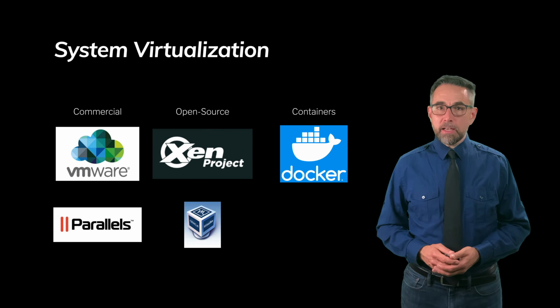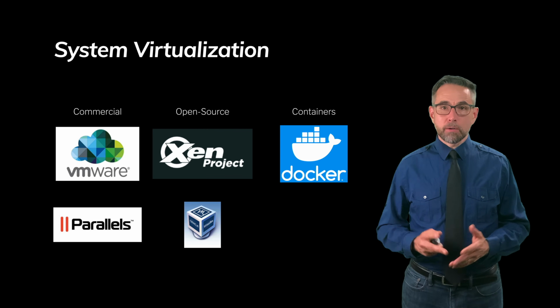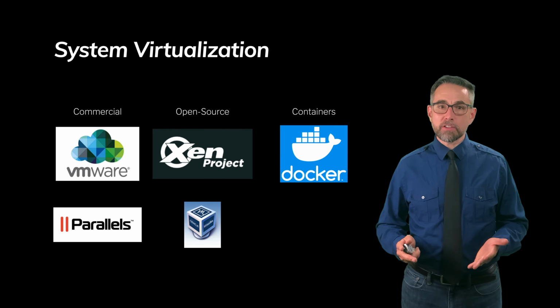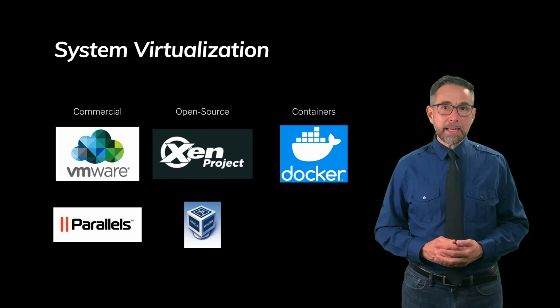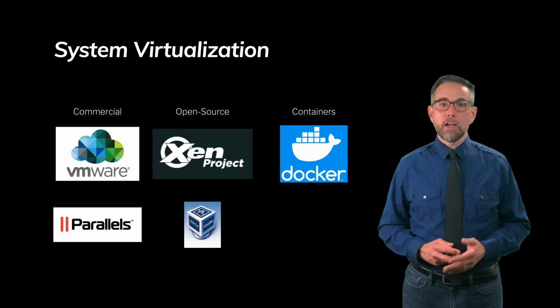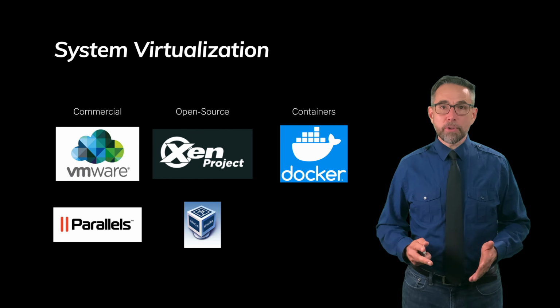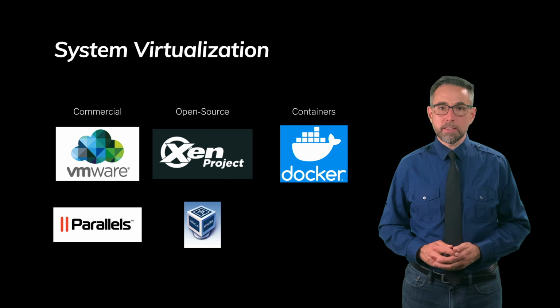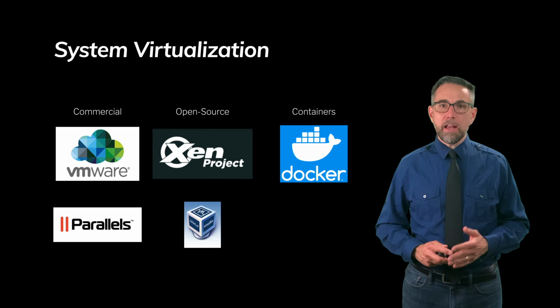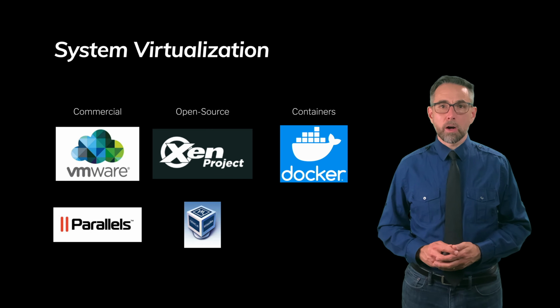System virtualization can be done through a variety of different packages. There are more than what I've just listed here, but just to give you some names, there are commercial products that do system virtualization. So VMware and Parallels are two companies that do commercial versions of the software. You can get open source versions of virtual machines. The Xen project is a famous one. It's open source and free. And VirtualBox, which is run by Oracle, is available for download. You're able to, as I demonstrated, use virtual computers as well.